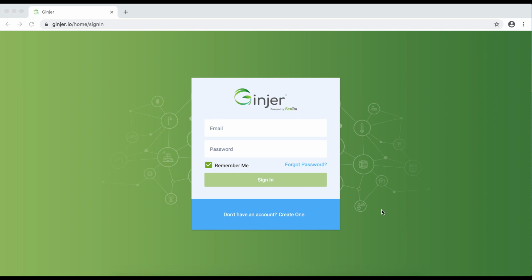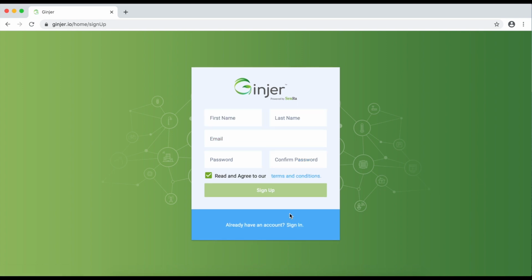To get started, you'll have to launch your Chrome browser, and within Chrome you will type ginjer.io and it will take you to a sign-in page. Once you get to the sign-in page, if you've never logged in before, you can simply create a free account by clicking on the Create One link here. Once you do that, it will take you to a sign-up page. Simply enter in your name, email, and set up a password. Obviously, you'll have to agree to the terms and conditions. You can see what those terms and conditions are by clicking on this link, and then click the sign up